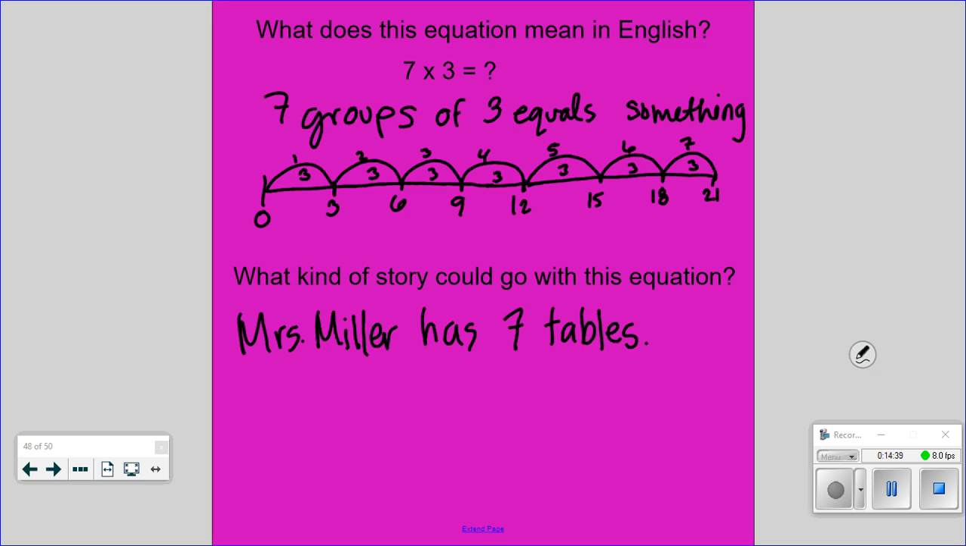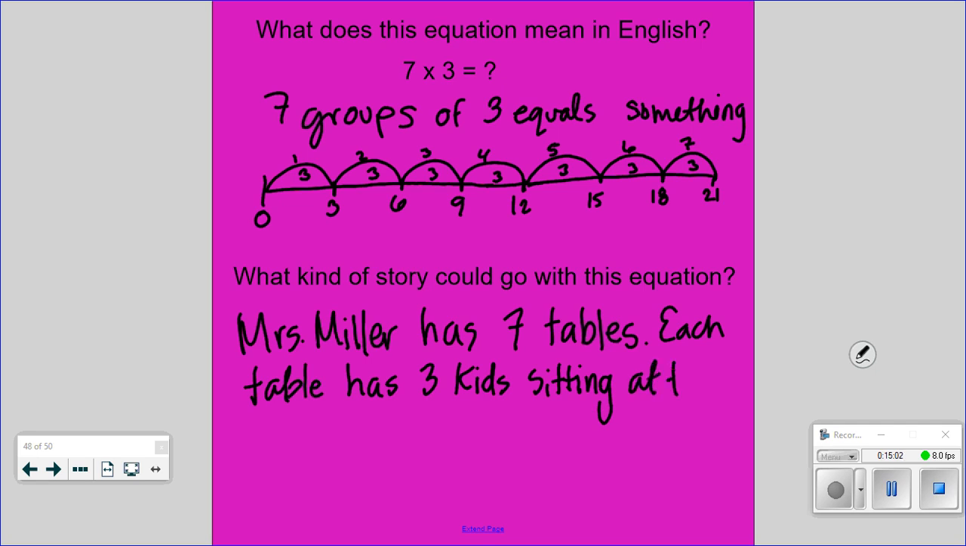I think that is a smart thing to do. Tables can be groups. That makes sense. All right, go continue, Harper. Each table has 3 kids. Correct, yes. Each table has 3 kids sitting at them. How many kids are there? Very good, Harper. How many kids